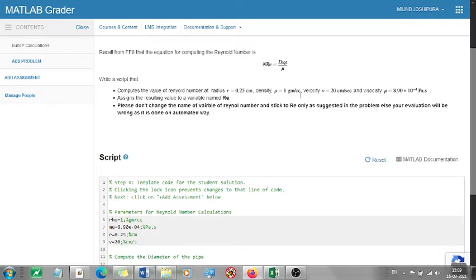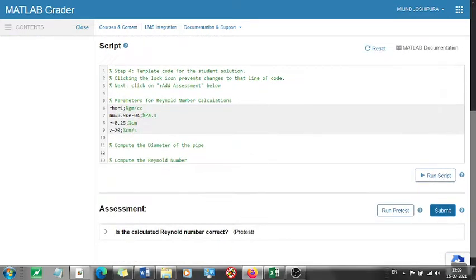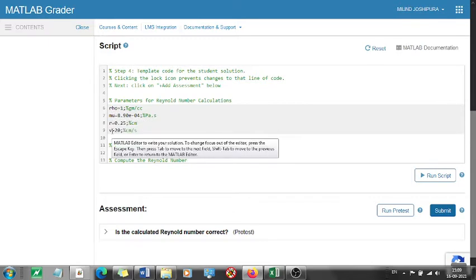And this is the expression for the Reynolds number. We all know this. The point to keep in mind is that the Reynolds number variable you assign has to be RE and no other variable, because I have kept the variable as RE. Now these are the data which you have to input: rho, which is your density, viscosity, radius and velocity.